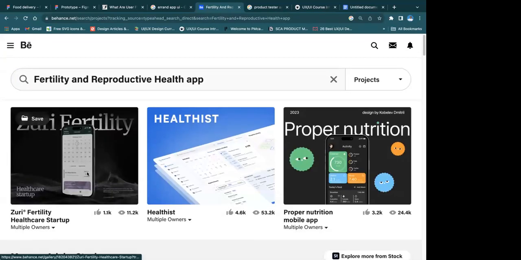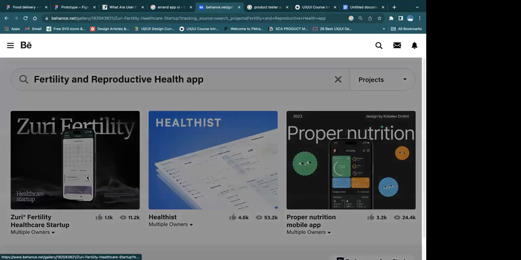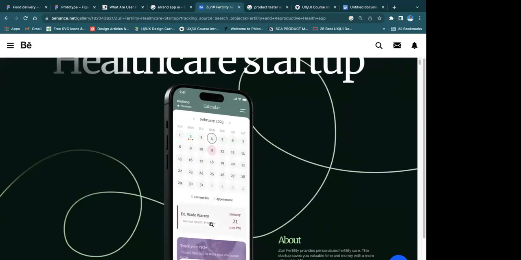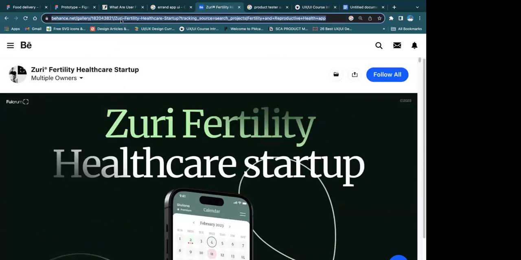This fertility app, you can even use Flow as an example. So this is fertility app. So let me copy this one. After this one, I think I'm no longer copying any other one. All right, guys, that's it. So we now understand that